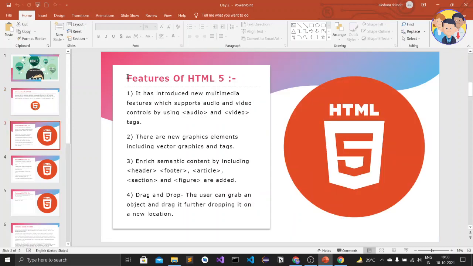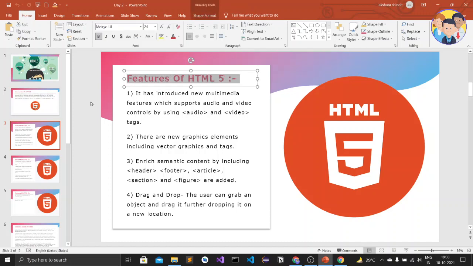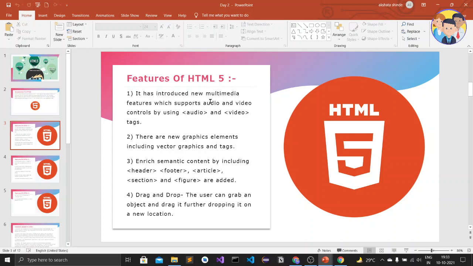Here we are going to see the features of HTML5. The first feature is that it has introduced new multimedia features which support audio and video control by using audio and video tags. So it has introduced the ability to add audios and videos in our website.